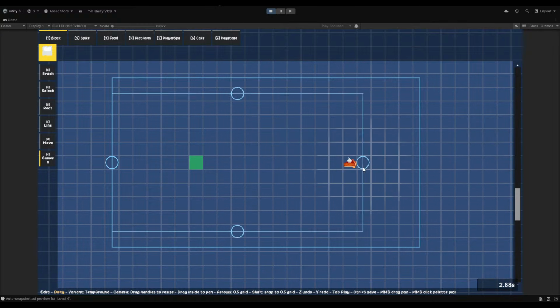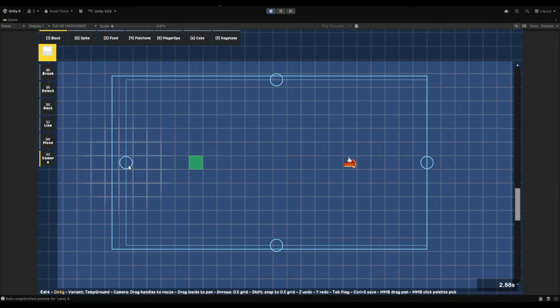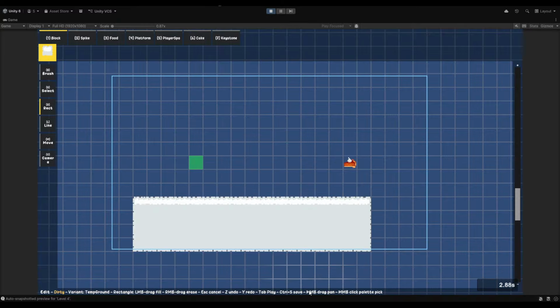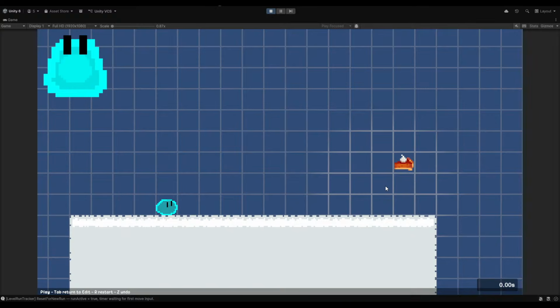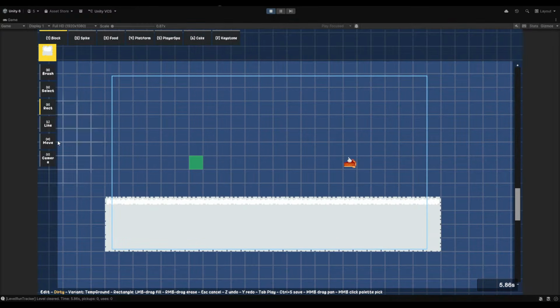I can hold shift. I can just click it and it's anywhere. If I hold shift, it snaps to the 0.5 grid. Pretty good system. And then if I press tab, well, let's add some ground first. If I press tab, I can literally play in editor. So this is like the perfect blueprint, right? I might even just call it blueprint. That might actually be nice, but level editor.